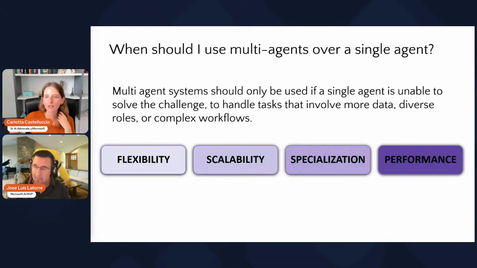The reasons why you might need to consider a multi-agent architecture can be summarized in these 4 points. First of all, flexibility, because agents can be reused across different workflows or composed into new systems. Scalability, because tasks can be distributed among multiple agents instead of overloading a single one, and more agents can handle more tasks simultaneously without bottlenecks. The other reason is specialization. Agents can be fine-tuned for modular tasks or domains, improving overall performance and making the system easier to build, test, and maintain. And finally, performance,